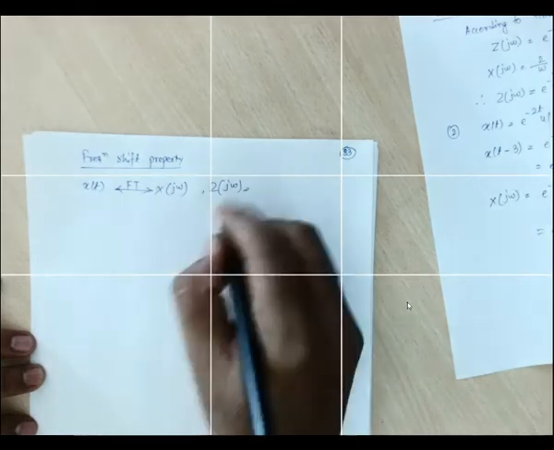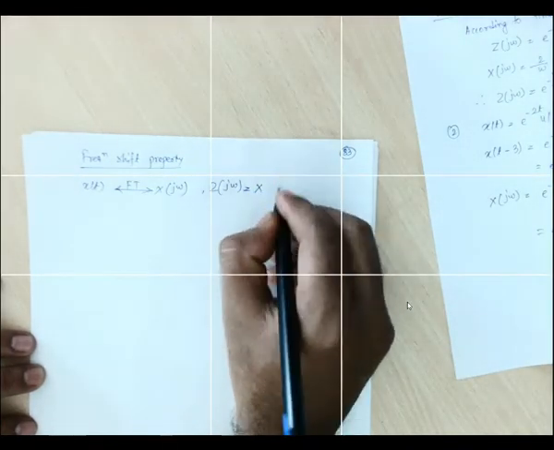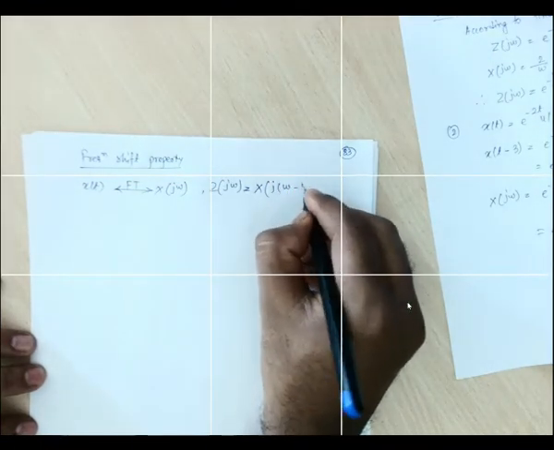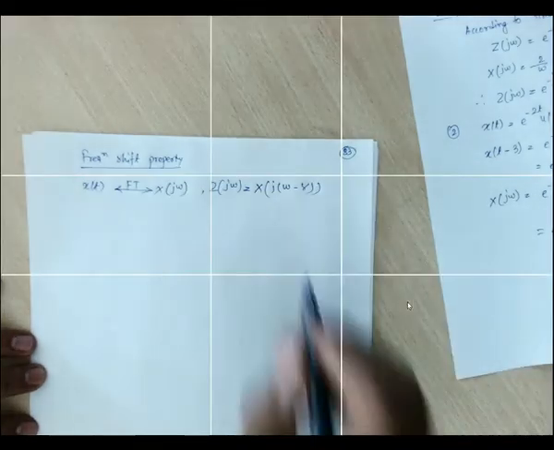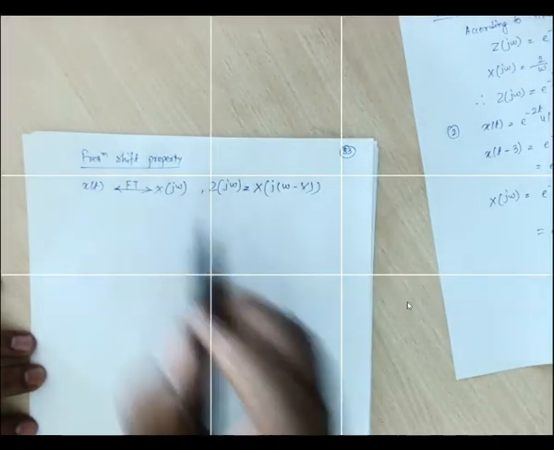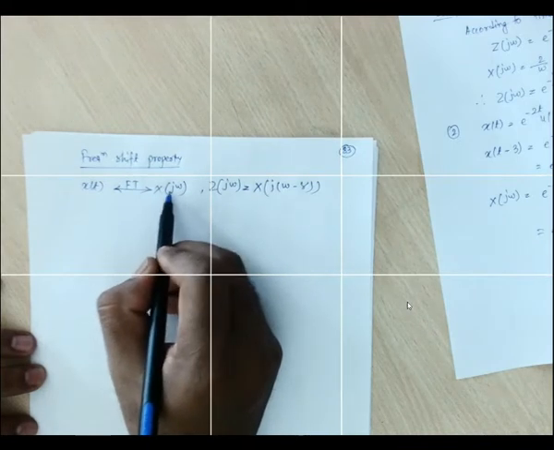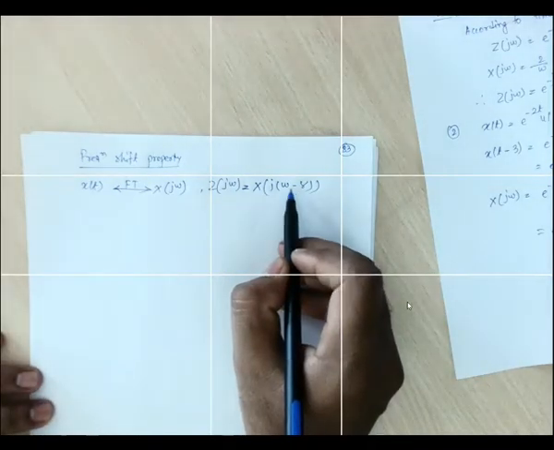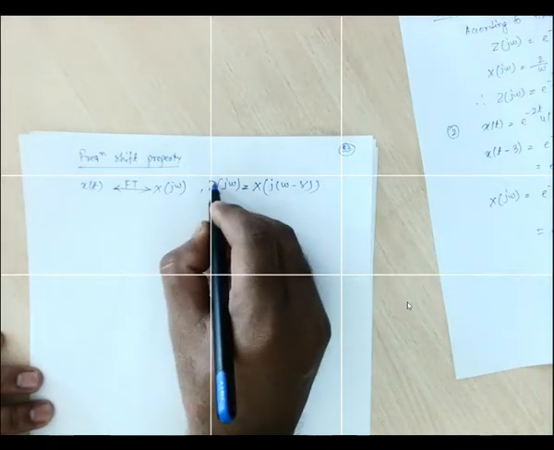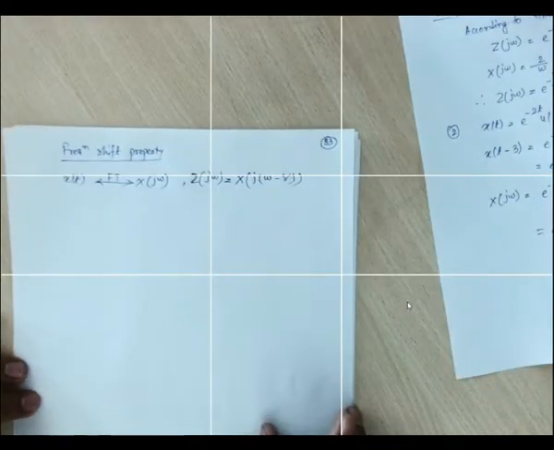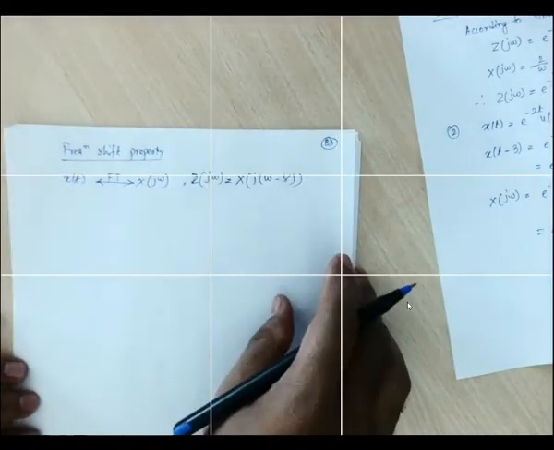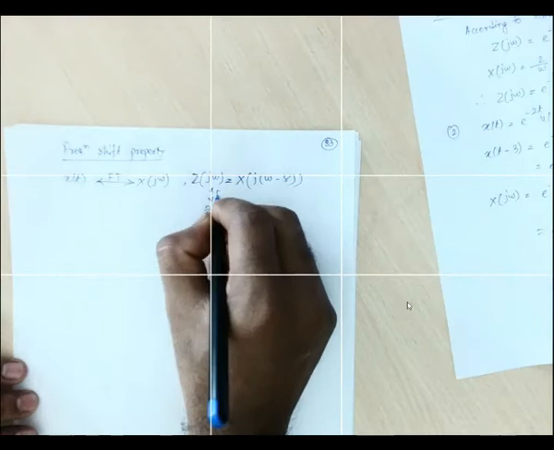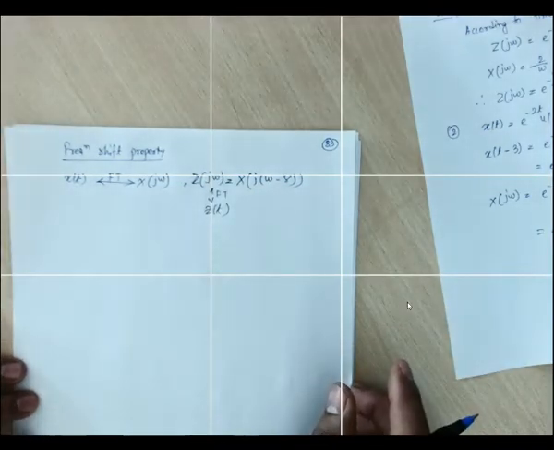So what is this Z of j omega? This Z of j omega is X of j, and we shift its frequency by some parameter, let us consider gamma. We are shifting the frequency of the signal. This is a frequency domain signal, so obviously for that frequency domain signal we are doing the frequency shifting. So after applying the frequency shifting property, we get the resultant signal Z of j omega. Okay. So for this Z of j omega, we can consider that its time domain signal is z of t. After the Fourier transform of that, we get Z of j omega, right?